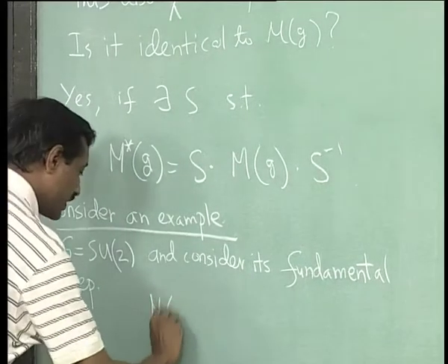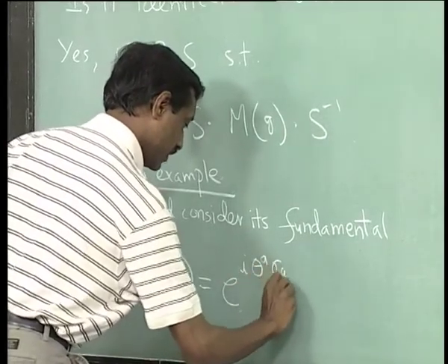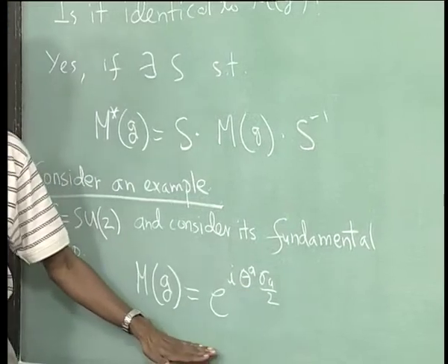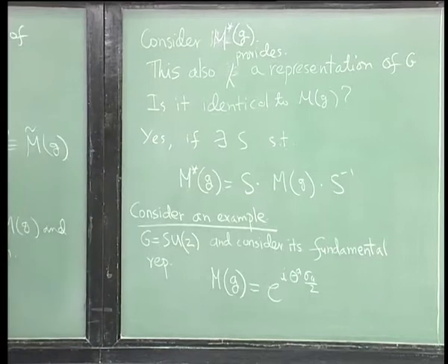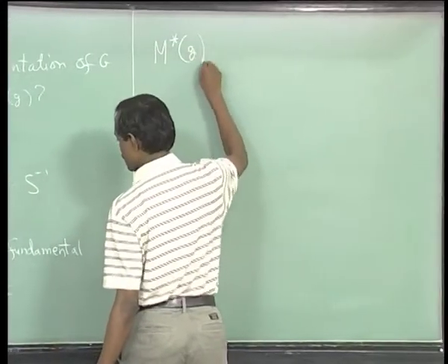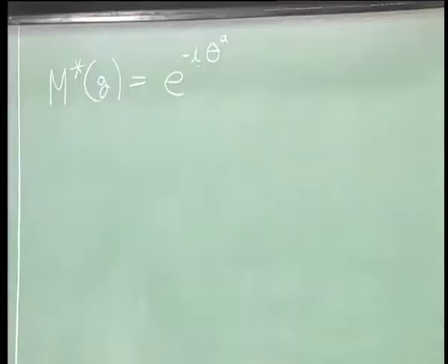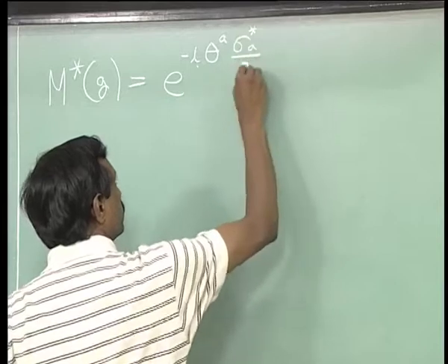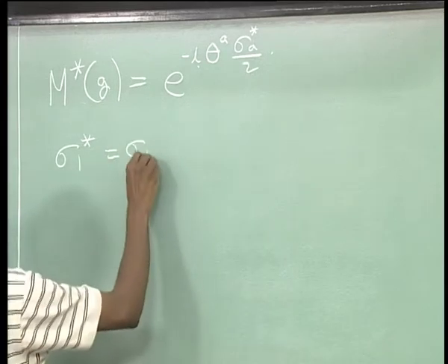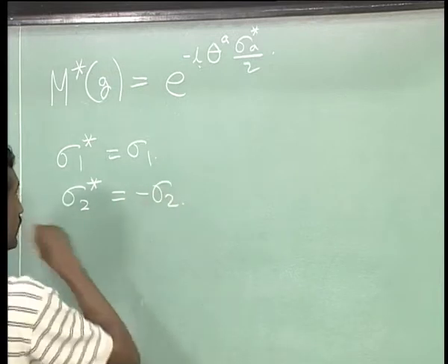In that case, one possible choice for m of g would be e to the power i theta a sigma a by 2. I am writing out the arbitrary group elements, we have seen this already. Now, let us look at m star. What happens to m star of g? i star is minus i, theta a is supposed to be real, and sigma a star by 2. So, what is sigma 1 star equal to? Sigma 1. Sigma 2 star is minus sigma 2, and